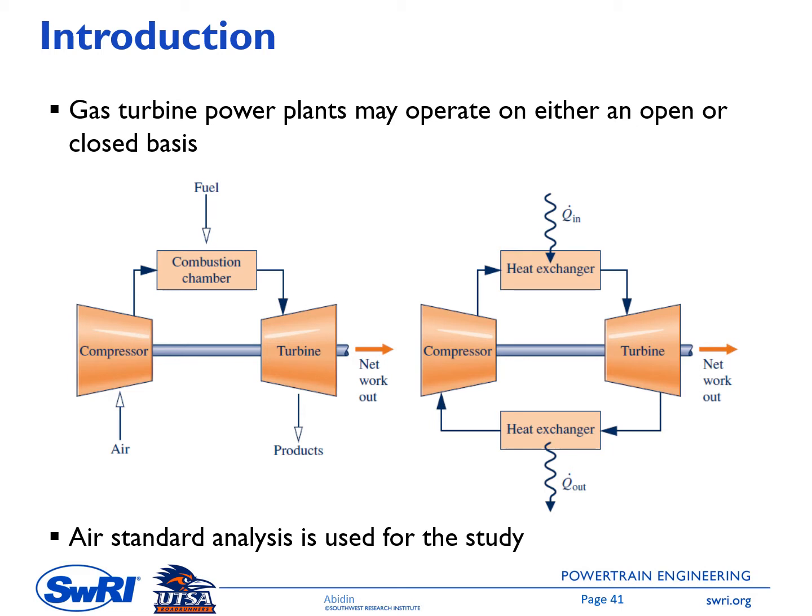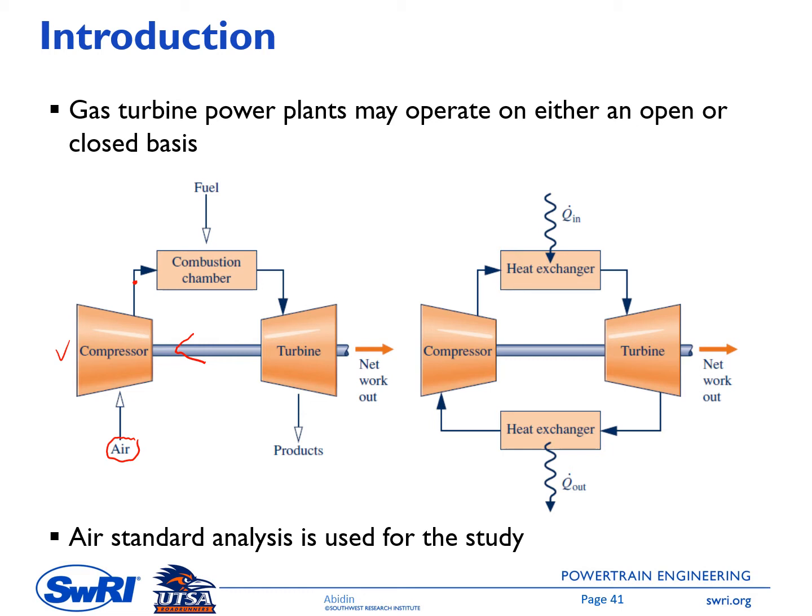So gas turbine power plants may operate on either an open or closed basis. On the left side here, we have a schematic of an open gas turbine power plant. The working fluid here is air. Air is drawn into the system by the compressor, and the compressor gets its power from the turbine through this interconnected shaft, and then at the exit of the compressor, the working fluid pressure